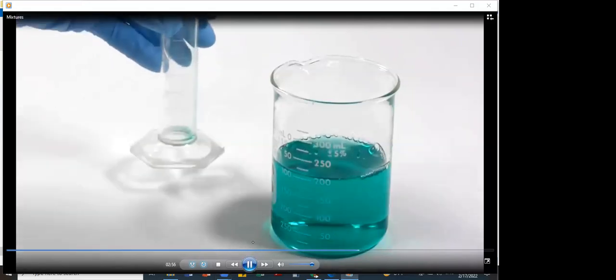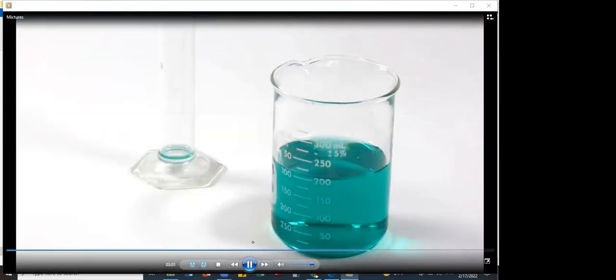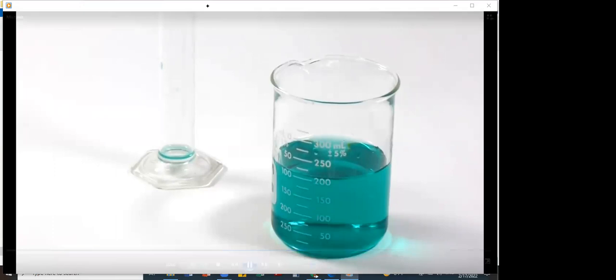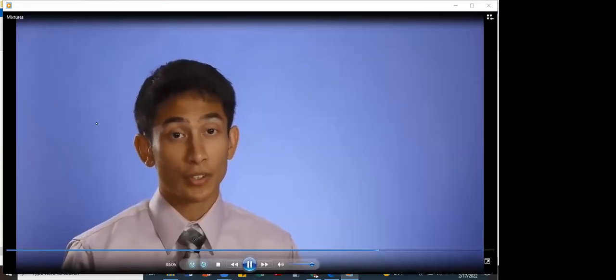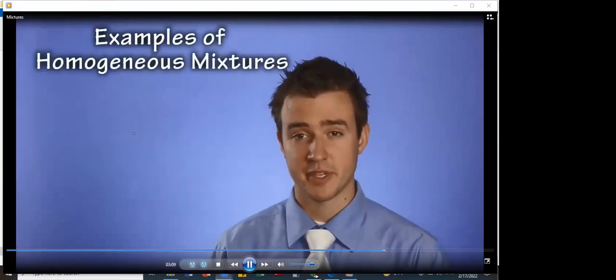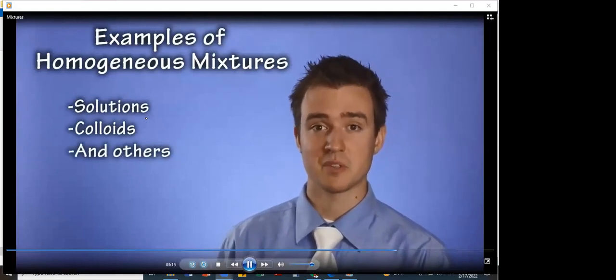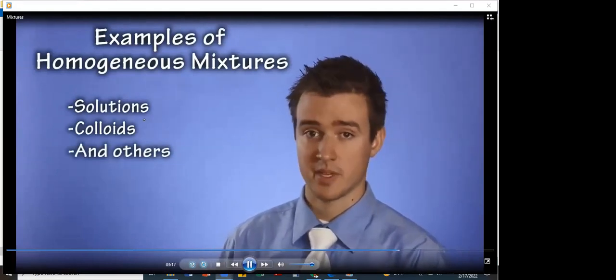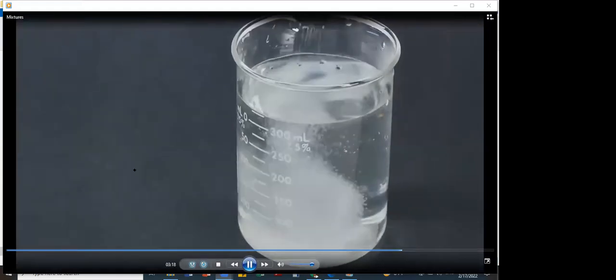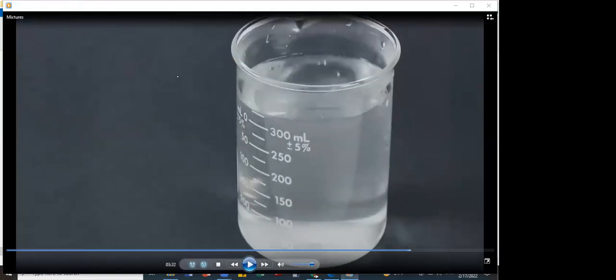forming a homogeneous mixture. The food coloring cannot be distinguished from the water in the same way that dissolved sugar cannot be distinguished from coffee. Although they cannot be seen, both substances are still in the mixture. There are many different kinds of homogeneous mixtures, including solutions and colloids. A solution is a homogeneous mixture whose components form a single phase. In the case of sugar and water, you can have a solid dissolved in liquid, but the outcome is a single